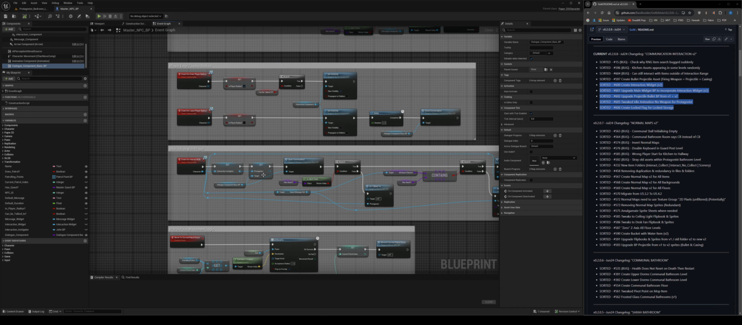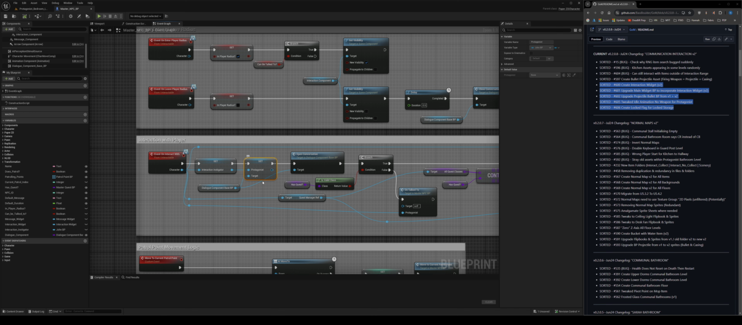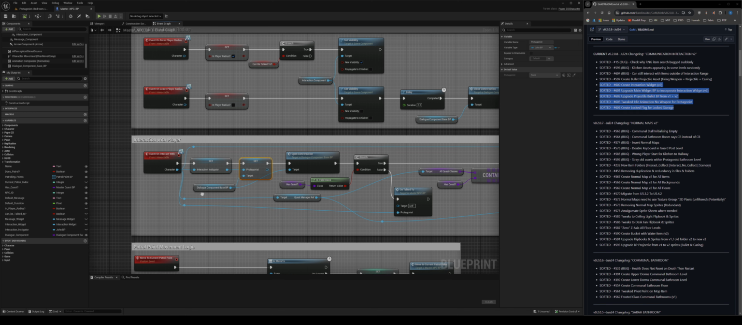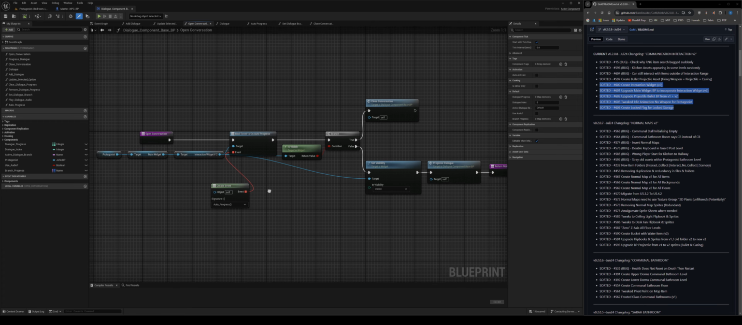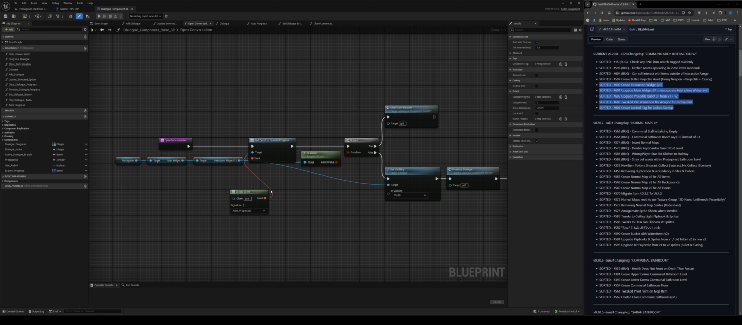Then when you interact with the person, I get it to feed the protagonist, so you, as a variable into the base, and then in here you see it opens the conversation. The main difference being